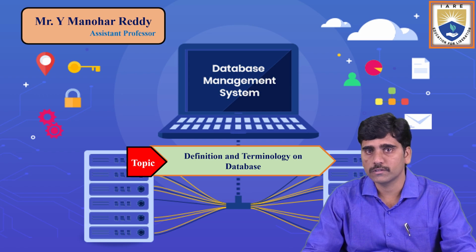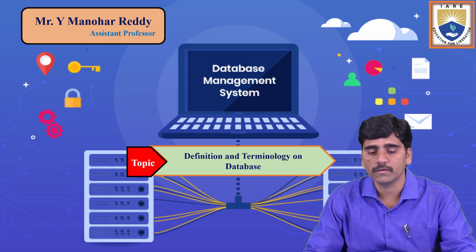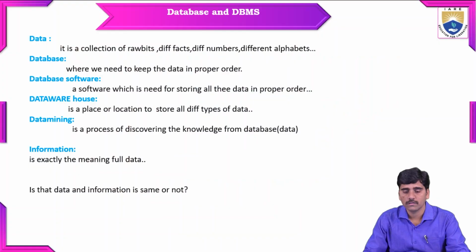Today I am going to discuss the different types of definitions and terminologies in database management system. So different types of database definitions we are going to discuss. In the database management system, the main thing is we need to know what is meant by data. There are different types of data. How is the data helpful, and how is it related to the database and database software? Who will manage this, where can we store the data, and how can we retrieve it? These are all we are going to see here.